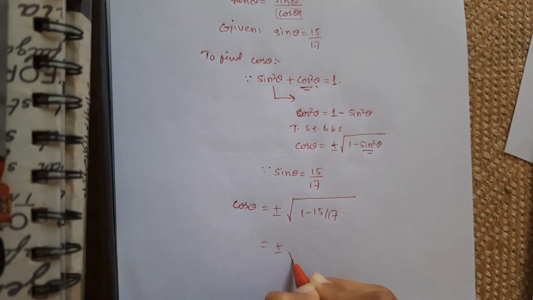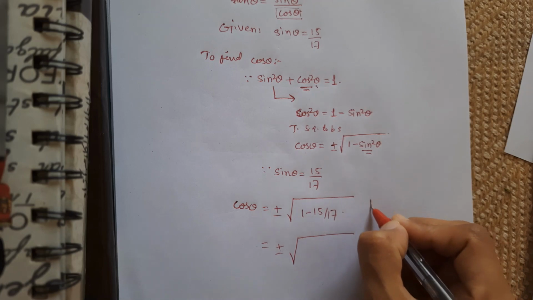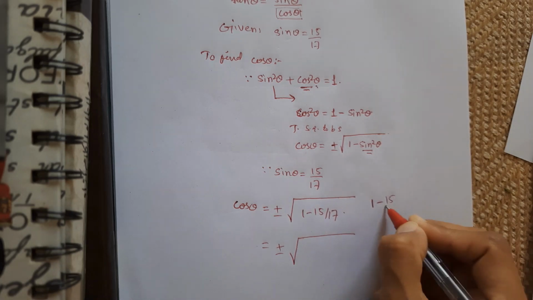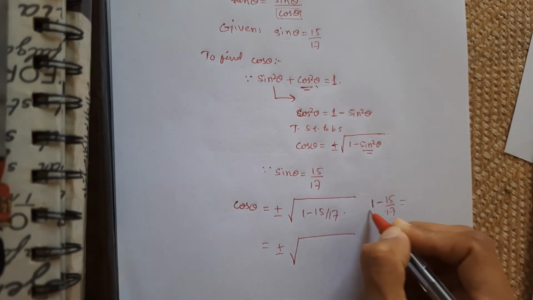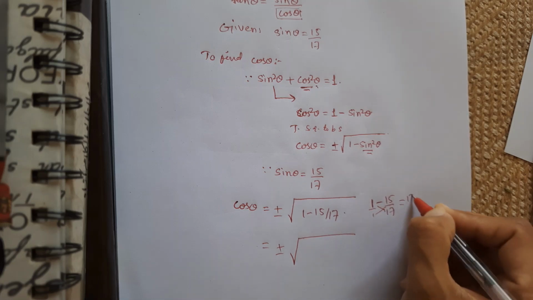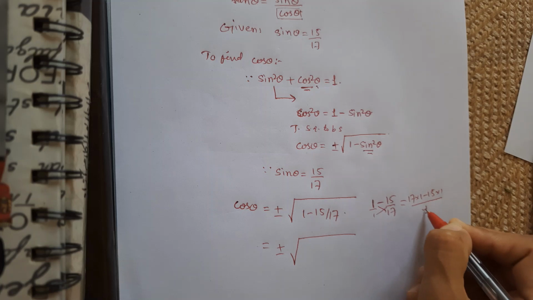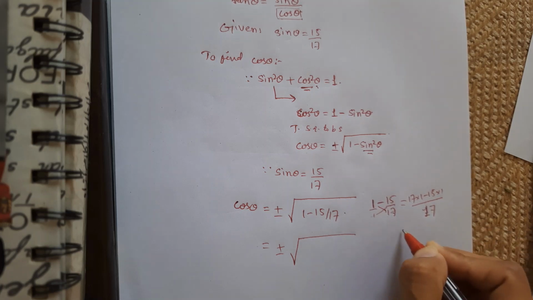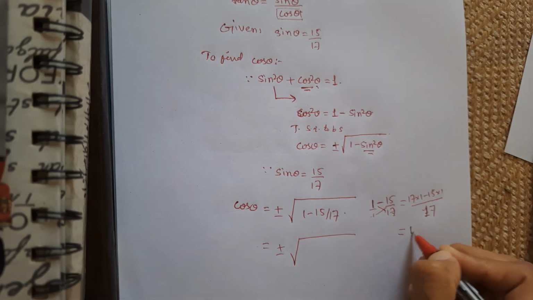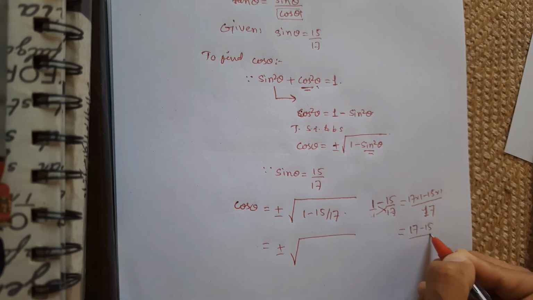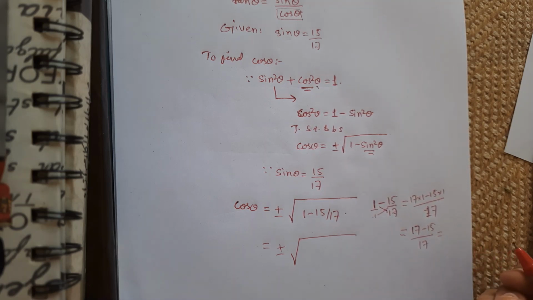So cross multiply it, I'm solving this here. 1 minus 15 upon 17. Cross multiply this, get 17 into 1 minus 15 into 1 divided by 17. 1 into 17, so what will I get? 17 minus 15 upon 17, which is